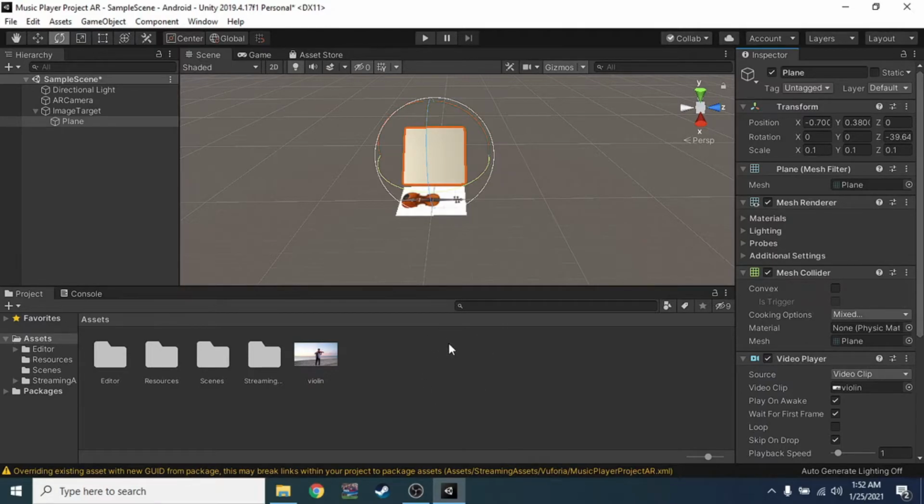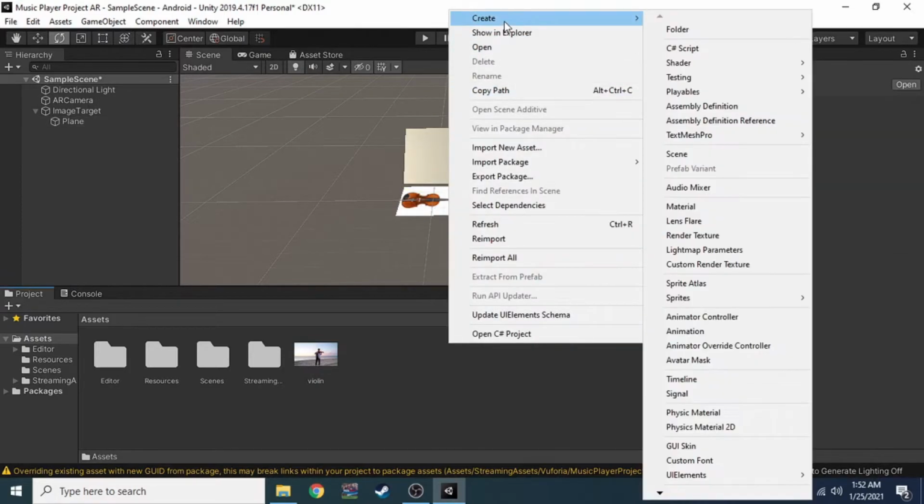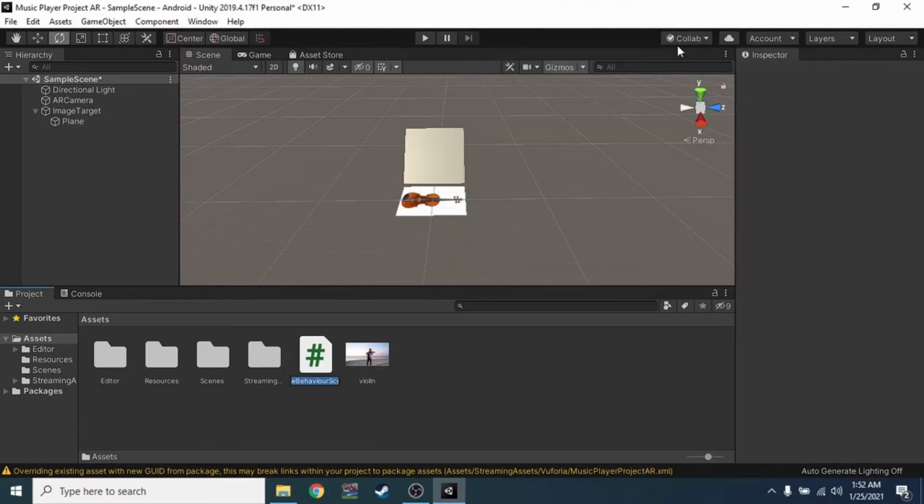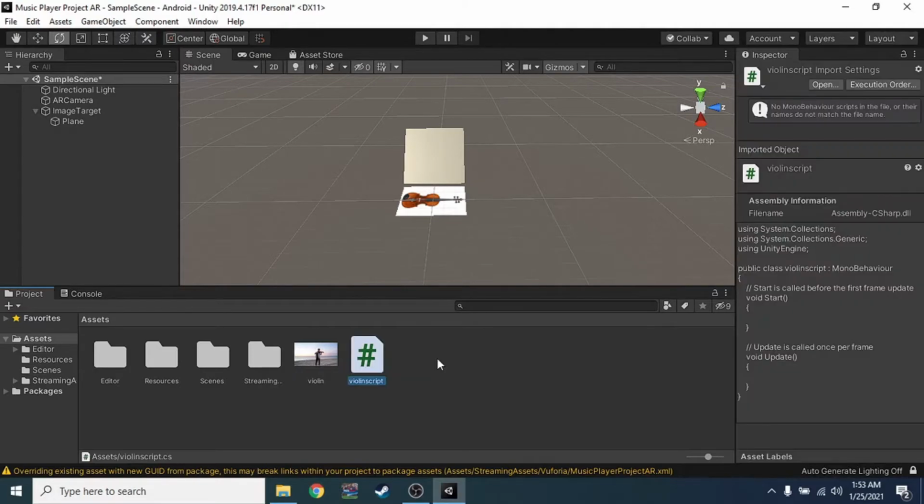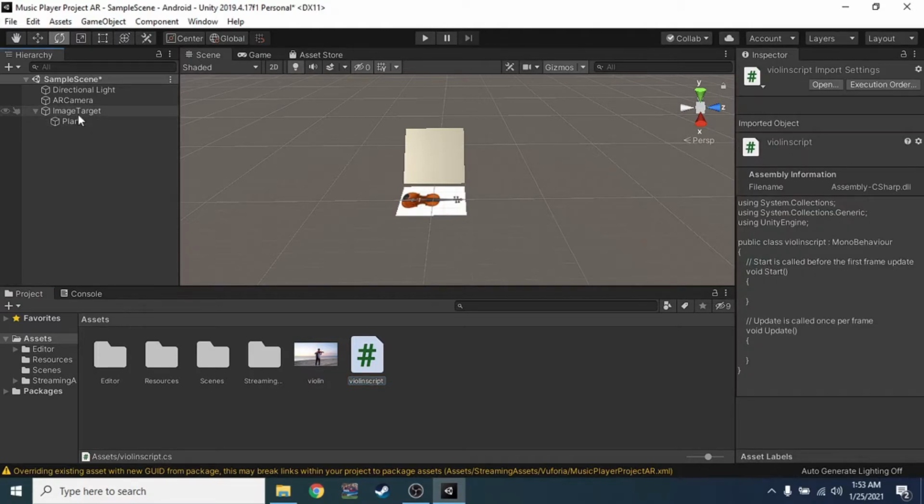We need to create the coding, a C# script here, and we rename it to violin script. This script is to stop the video from continuously playing when we move the camera away from the image target.